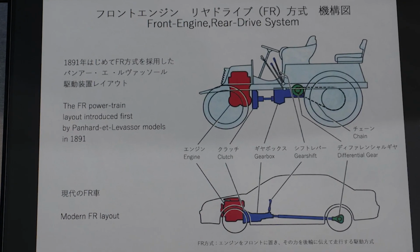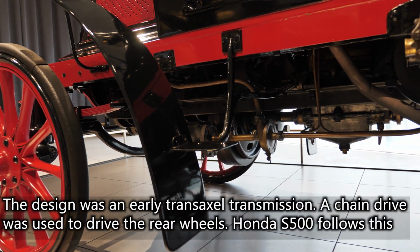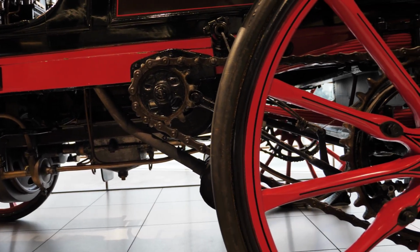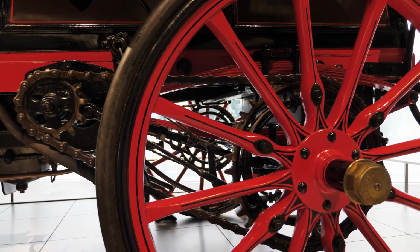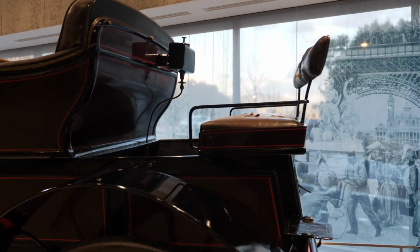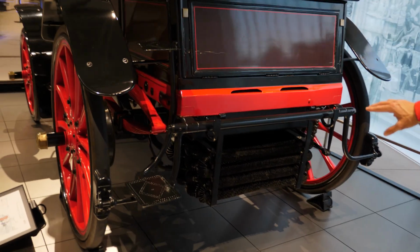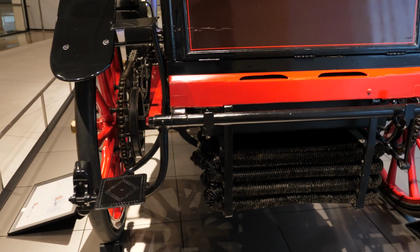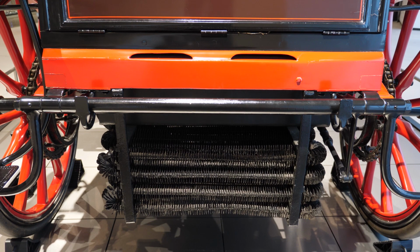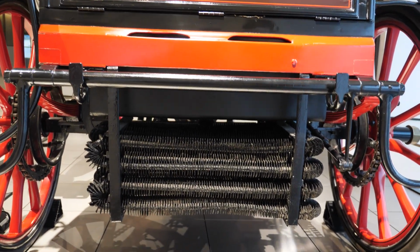But the propeller shaft only comes until this point here, where you can see it looks like a bicycle, what's called a motorcycle chain. And this is a partially restored original. It's loaned from a French museum. Very amazing to see all these things. Like over here, these look like radiator type heat diffusing things, and just the way it's arranged, very different from even later cars, just 20, 30 years later, which you're going to see